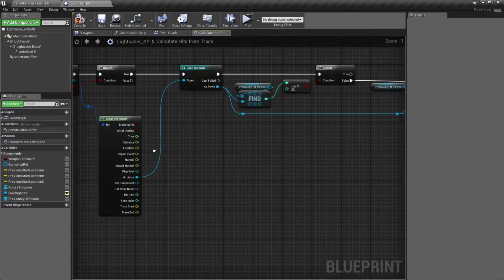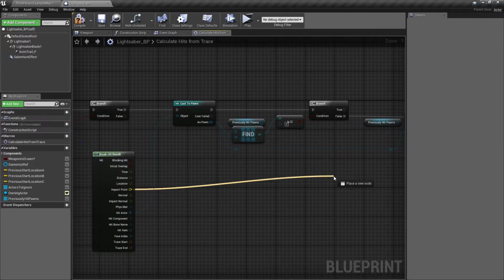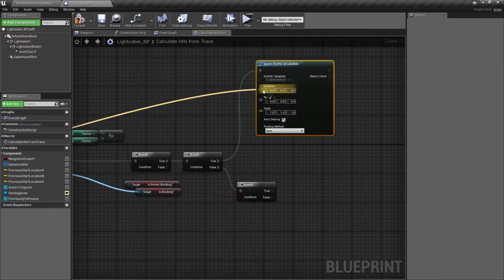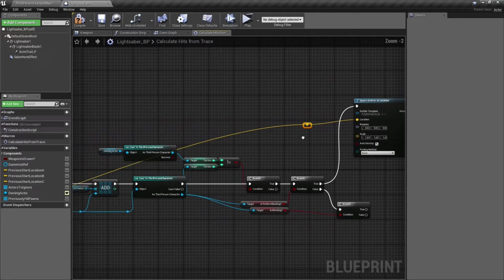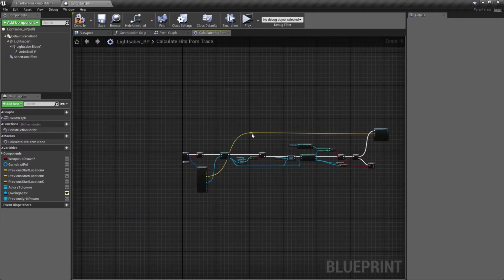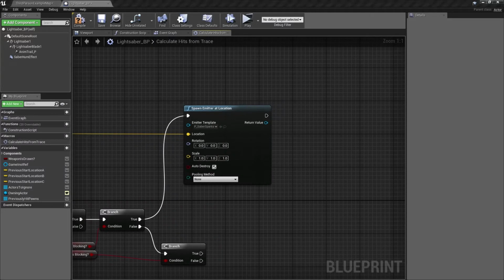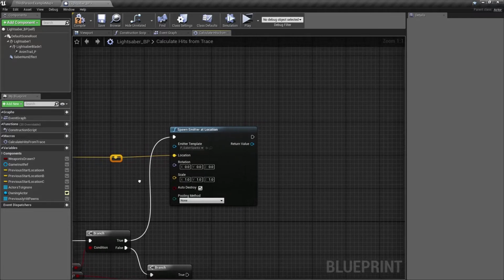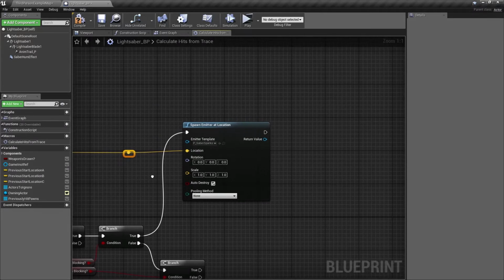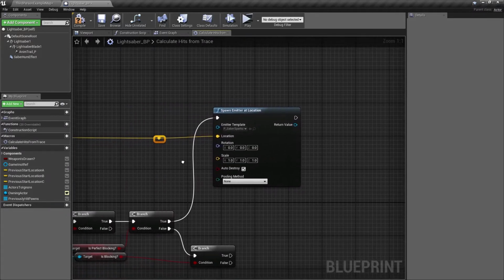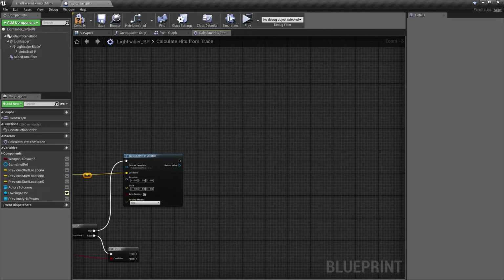And then to get the location, we're going to go all the way back here, and we're going to get our impact point. Bring that all the way over here. Try to get that straight. And then, because we're probably going to need this elsewhere, we'll add a reroute node there just in case. And then off of here, we're going to go ahead and say that,